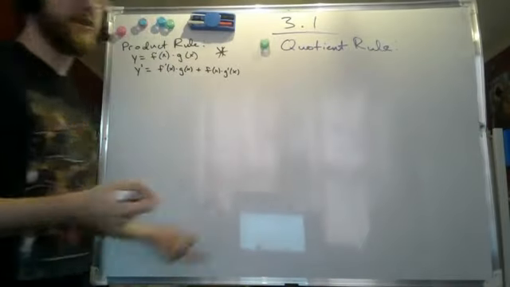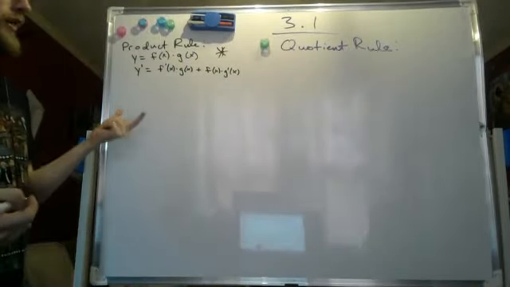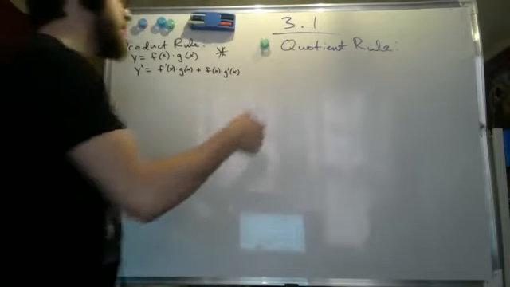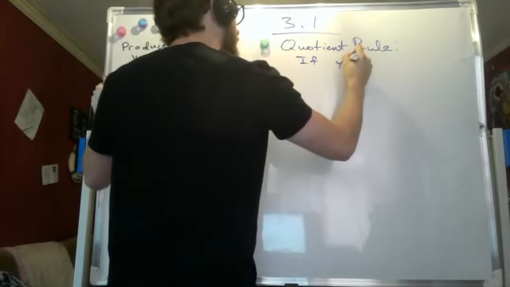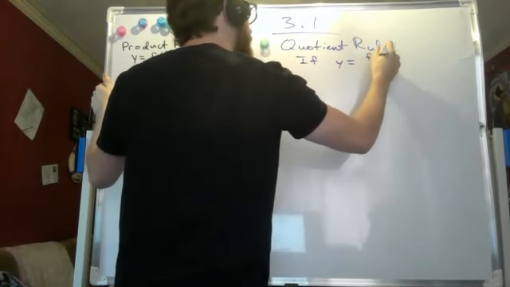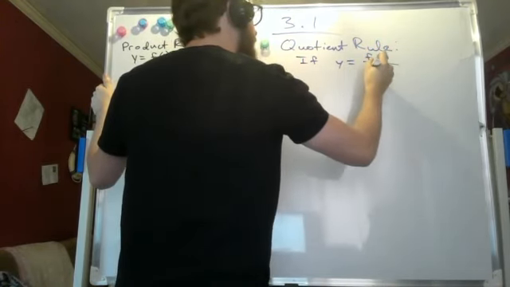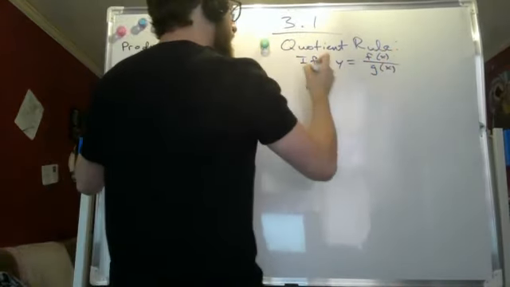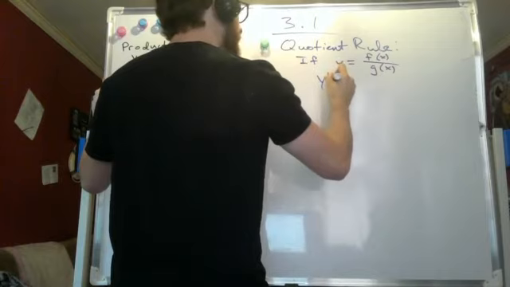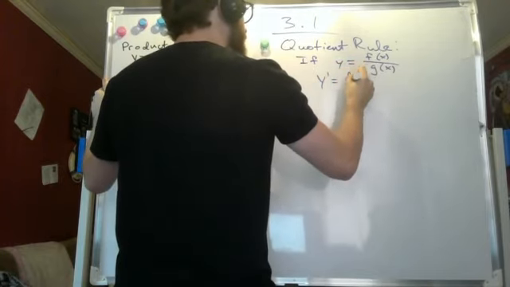So if f of x and g of x are differentiable functions, then if y equals f of x divided by g of x, then y prime, which is the derivative of y